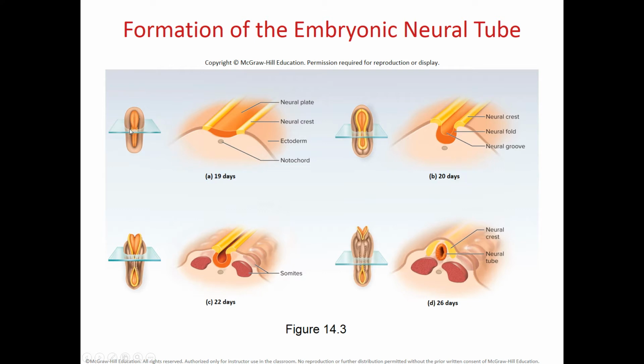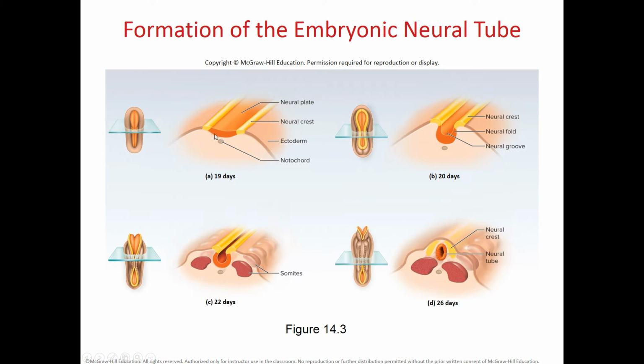So this is the view of an early embryo at 19 days. If you make a cross section and look at part of it, you will see that this layer, the ectoderm, forms these neural crest cells that are going to form a line along the long axis of the embryo, and then in the middle of these two sides of the neural crest you will have the neural plate,